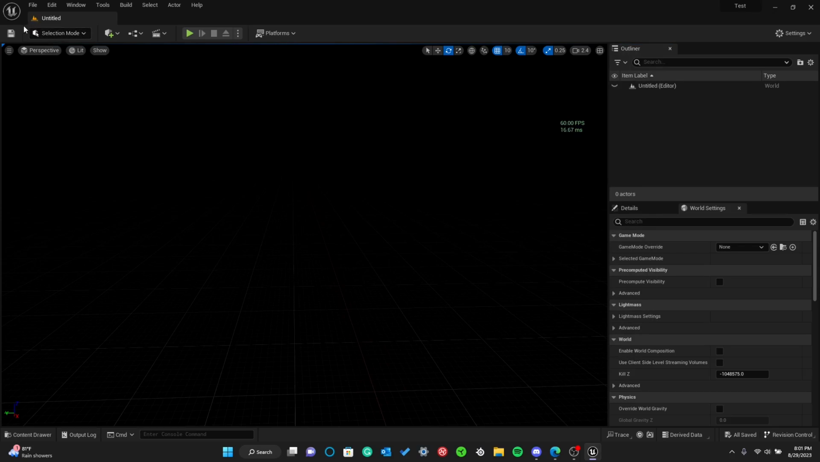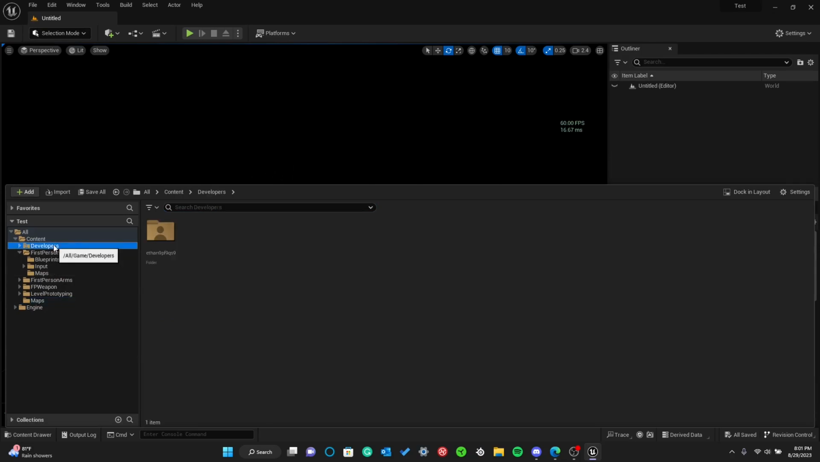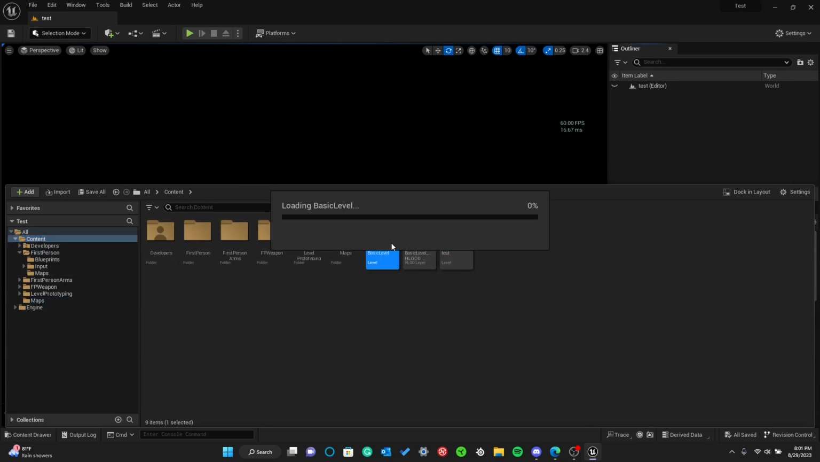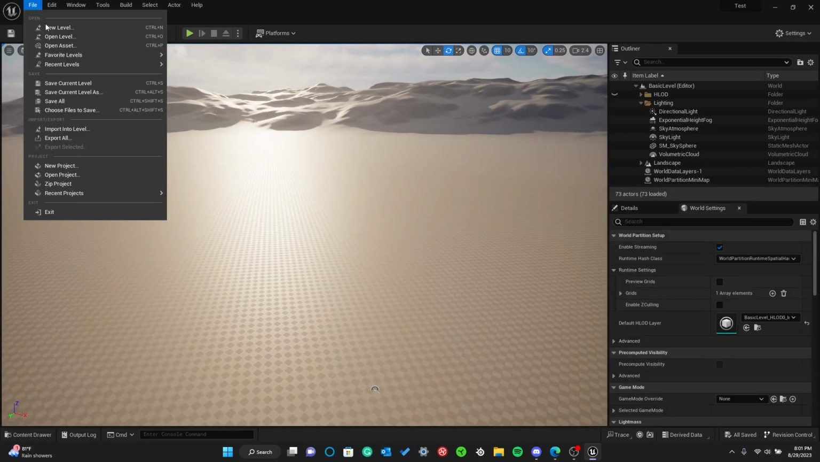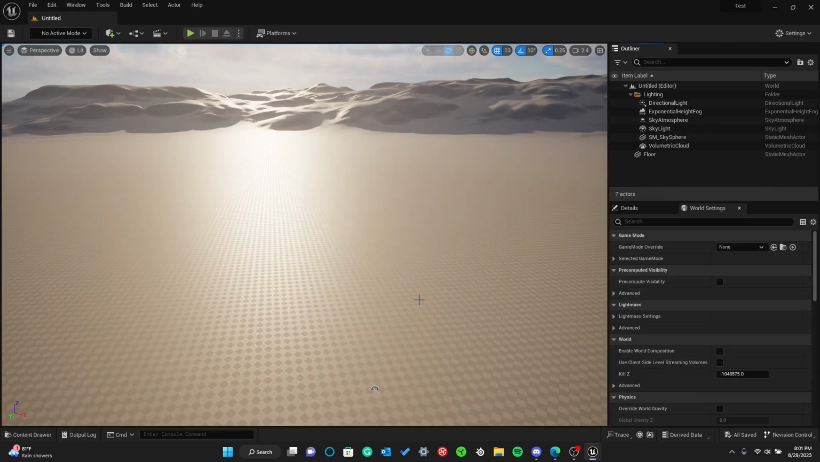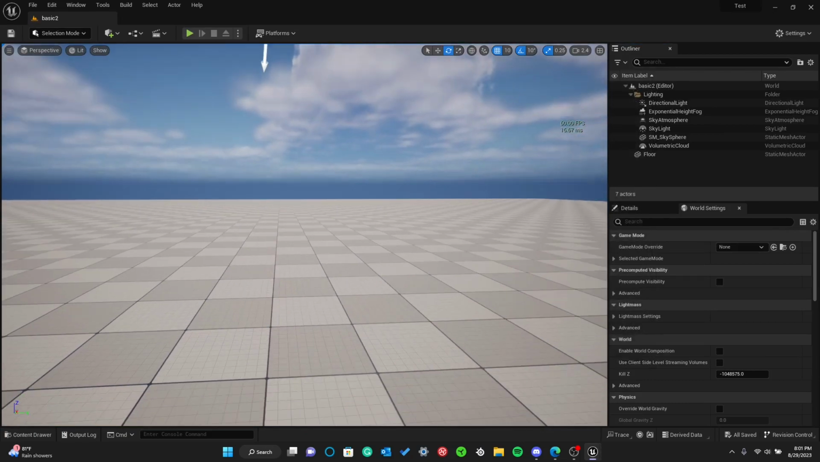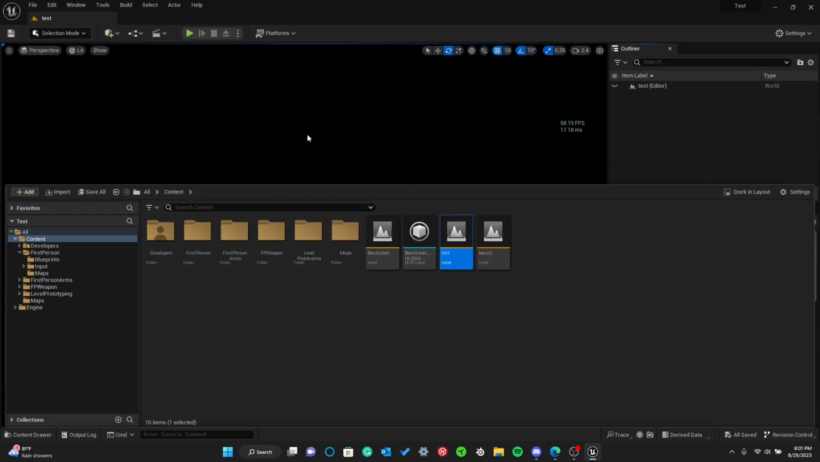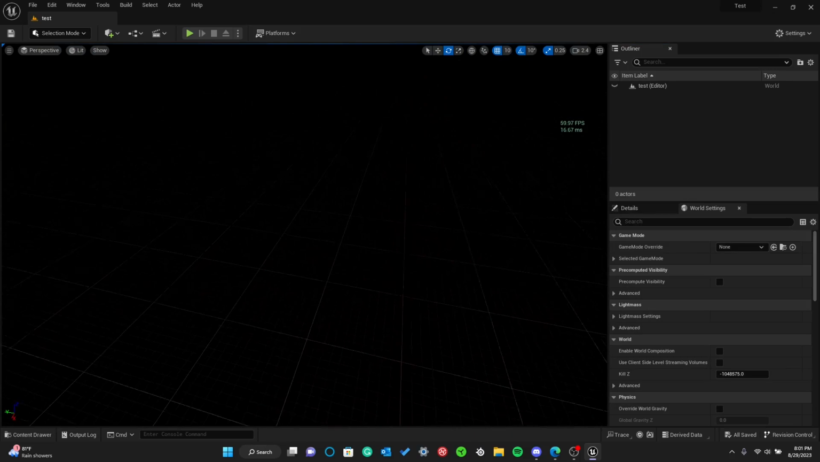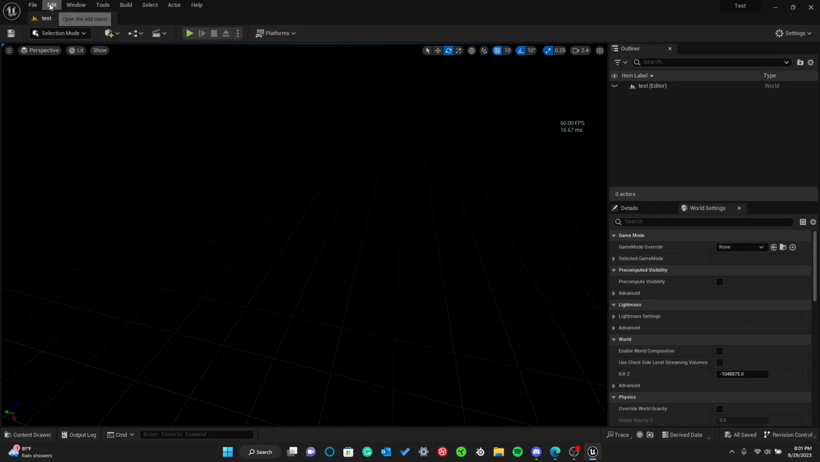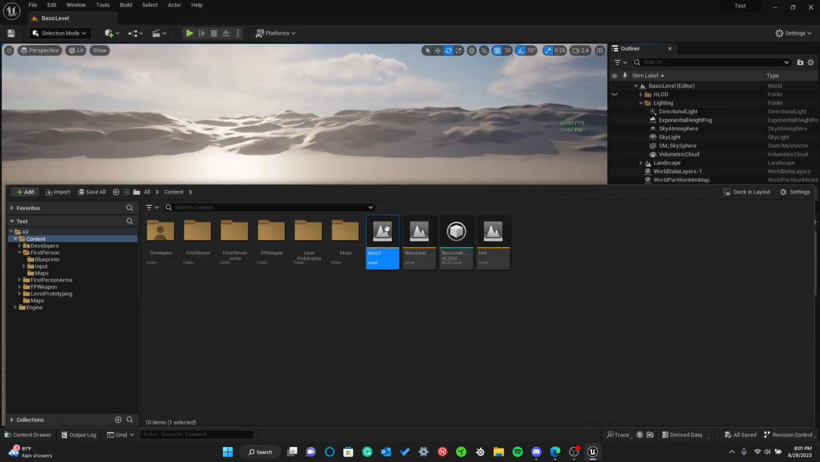Now, let's say you want to make, let me just load the other one I just created. Let's say you want to make your basic level look exactly the same as your empty level. Now, this is good to know how to do this. So what you do to make this level look the same as this level